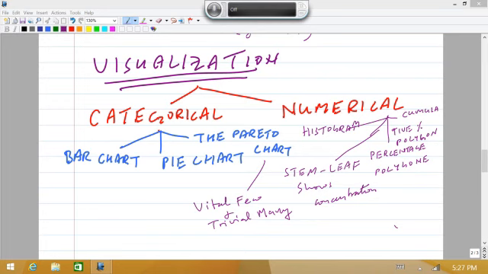Next thing we're going to talk about is visualizing numerical data, and there are different ways we can also represent numerical data. We can look at the stem and leaf display, we can look at histogram,